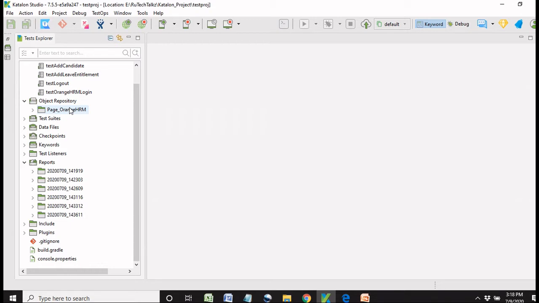If you change this structure, you may face some issues in Katalon, like you would not be able to make use of the smart wait feature as expected. It's not that there is no solution for that. You can anytime use a custom keyword. You can create the custom keyword and use it to handle the issues, or there are many other ways to handle the issues in Katalon as it is a flexible tool. It has many solutions for one thing.